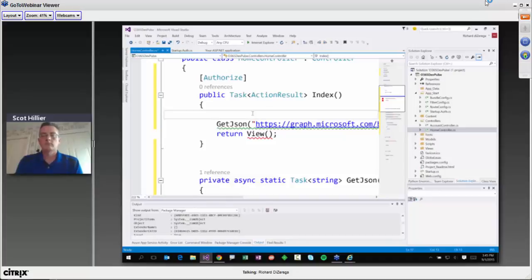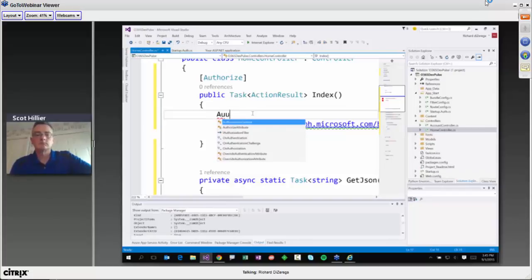This is something you can do manually. The great thing is that the Azure Active Directory team has built a huge set of libraries for almost every platform you can imagine that makes this really, really easy. So rather than manually doing that whole redirect and posting to get your token, you can use the Azure Active Directory Authentication Libraries, or we call them ADAL a lot of times, because we love doing acronyms in the tech world. But ADAL makes this really easy.